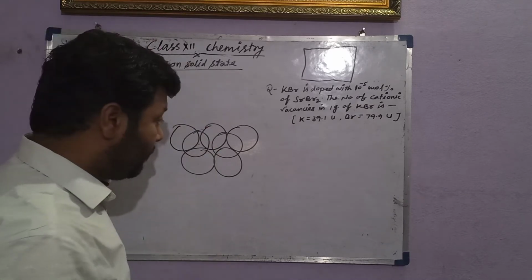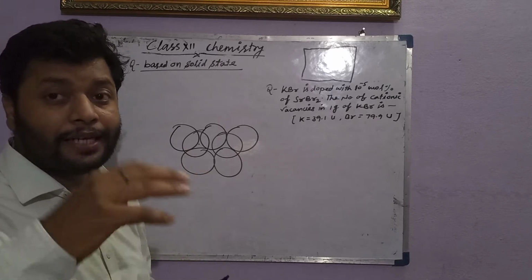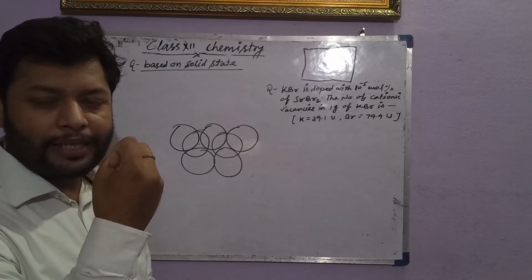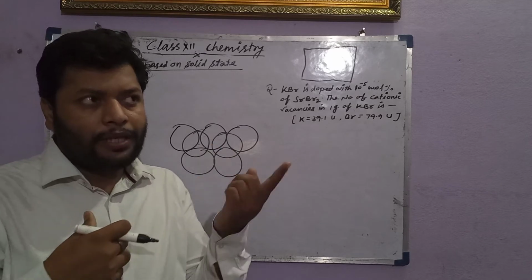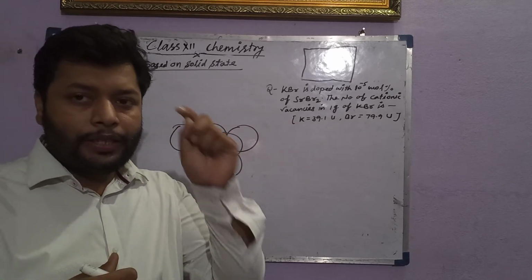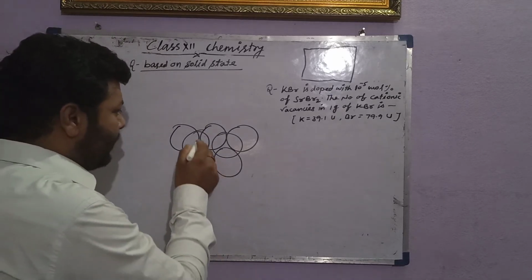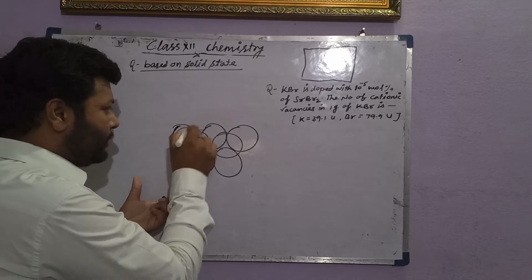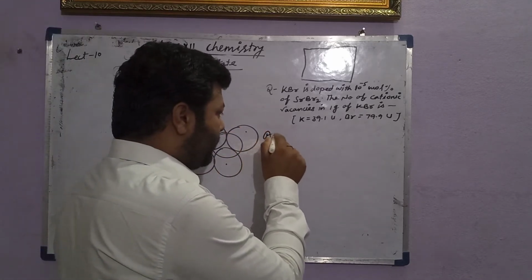Okay, fine. But what about the third layer? It is not easy to draw here on the board how to take examples of the third layer. But if you know the first layer and second layer will be different, that difference is only in the third layer. Either the third layer will be placed directly over the first layer particles, that will give you AB crystal.